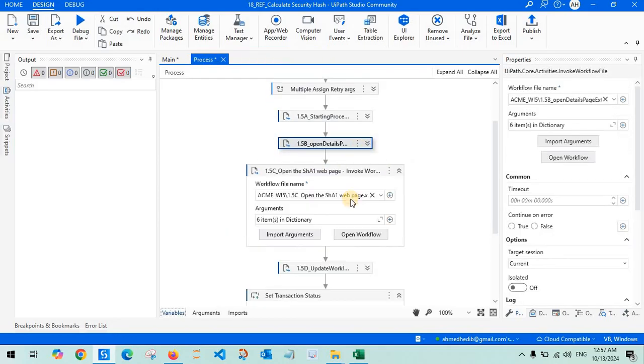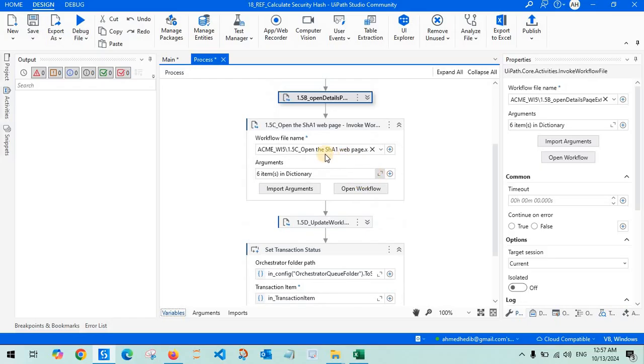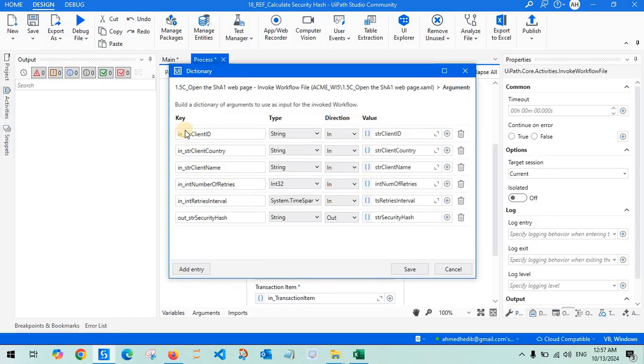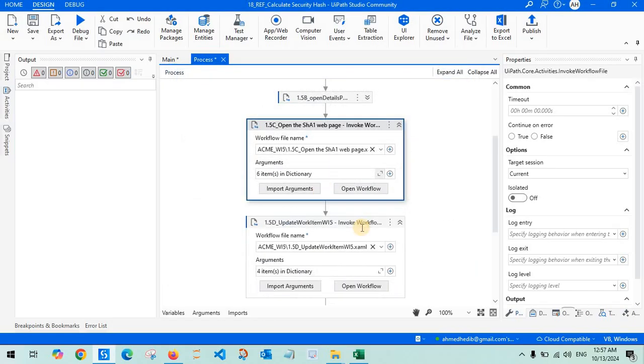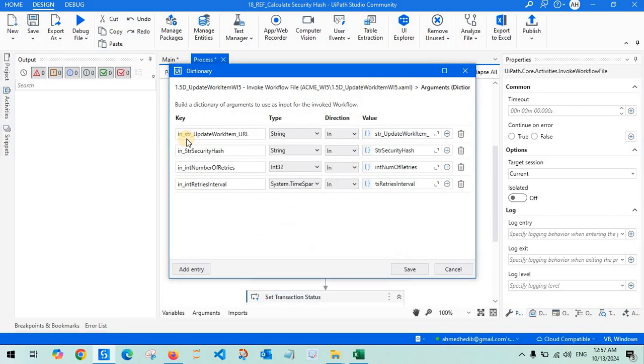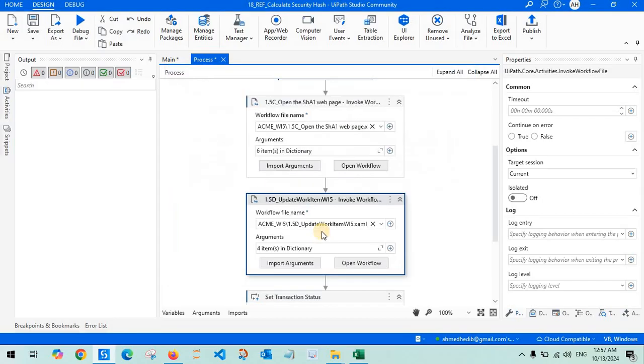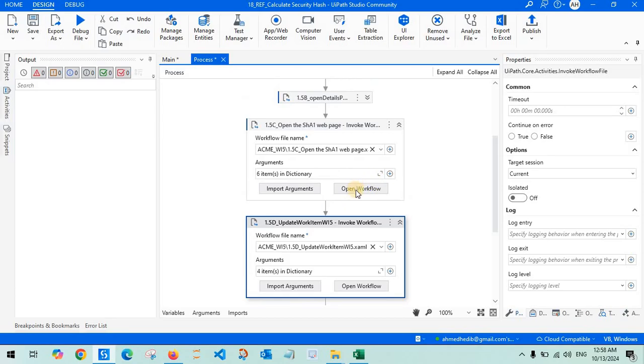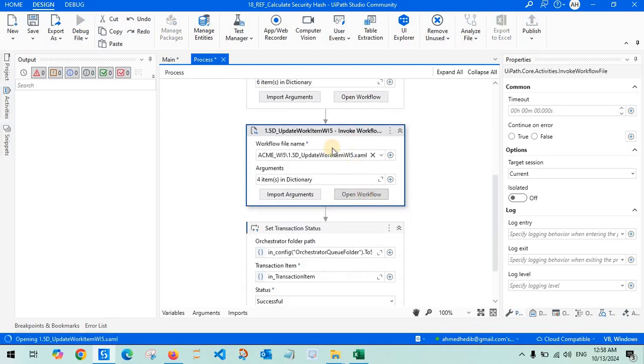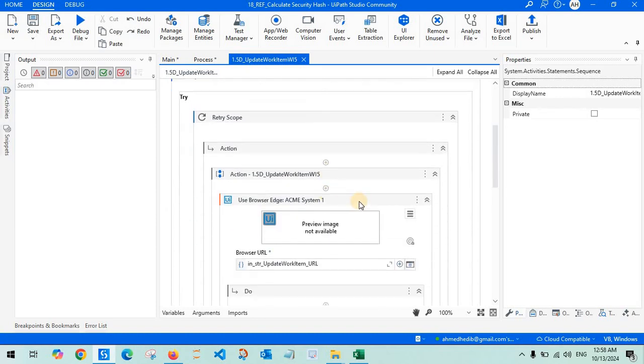And then after that I will open 15C, and it has the input string client ID and the input country and the input name, and it will output the string security hash code, which I'll use to input here in the security hash for the last one, update page, and as well I will need the update work item URL which has already been set. To check 15D here as well, I will pass